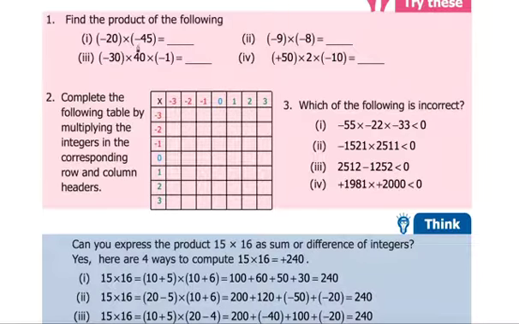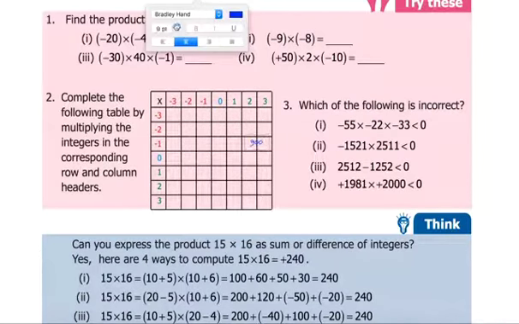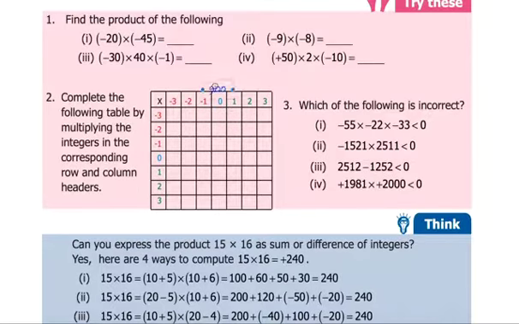Find the product of the following. This is 900. Okay, let us write it 900. Let's increase the size also. This is 8 nines, 72. 80 minus 8 is also 72. This is 1200. Positive only because there are two negatives here. This one 1000, yeah, 1000. But what about the sign? Negative.